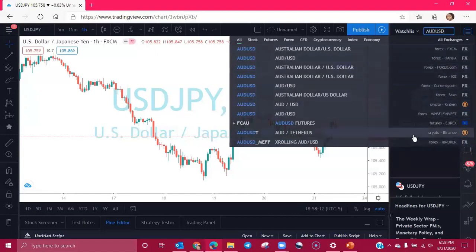My suggestion for you is that you always choose the symbol that's labeled FXCM. This is very important, very, very important. I'm gonna repeat that. When the list of pairs come up, select the pair that says FXCM, okay? This is important because these brokers that are on TradingView are not the same broker that you're using to actually execute your trades on your phone. So sometimes the timing may be a little bit off.